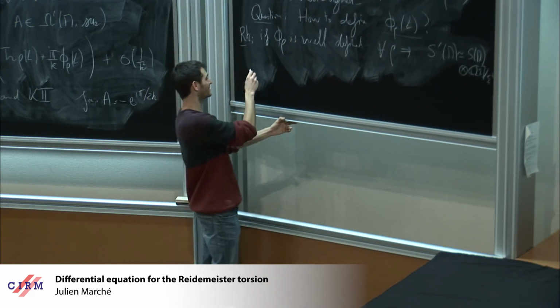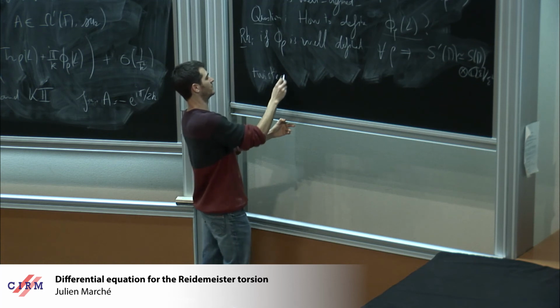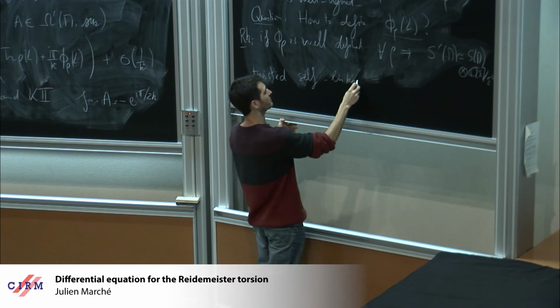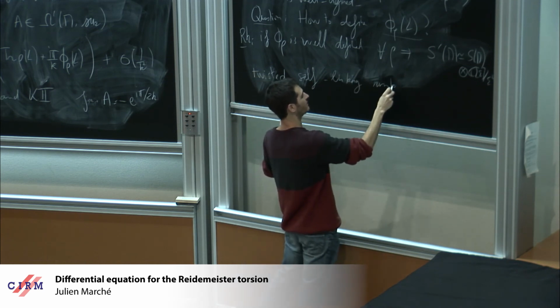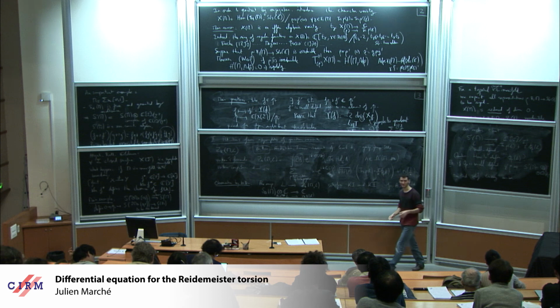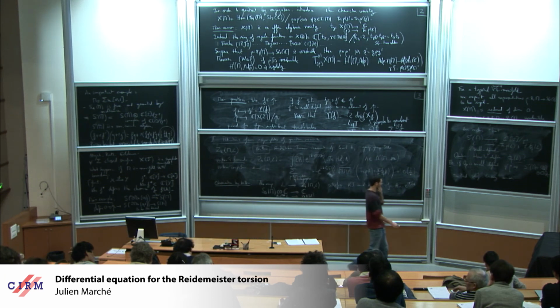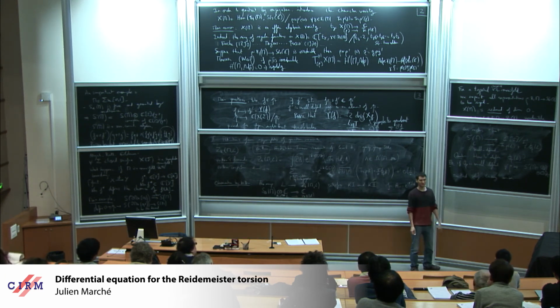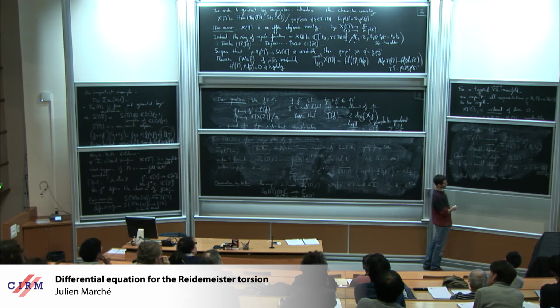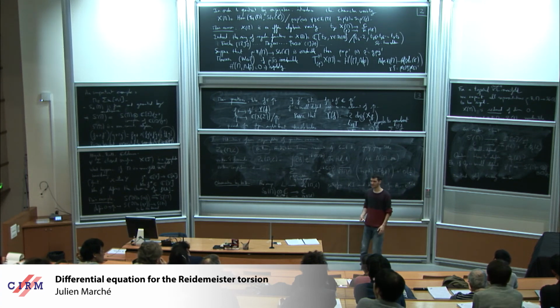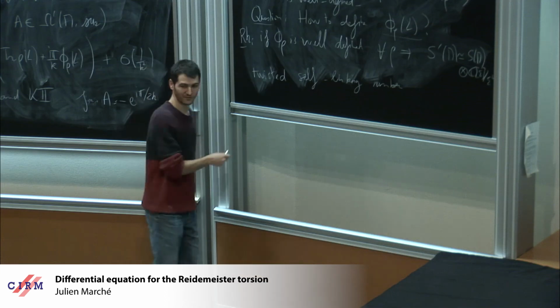And this is this twisted self-linking number. So maybe I gave 3 talks on that topic, and every time I couldn't define the twisted self-linking number. So that's a pity, but let me just say one word about it. It's defined. So the trick is to add twisted coefficients, which makes the thing complicated to explain. I cannot say it in 2 minutes.